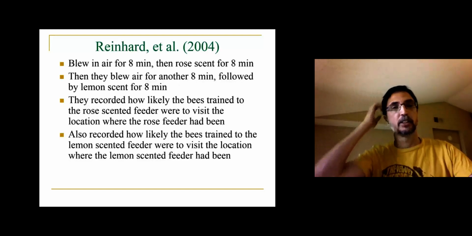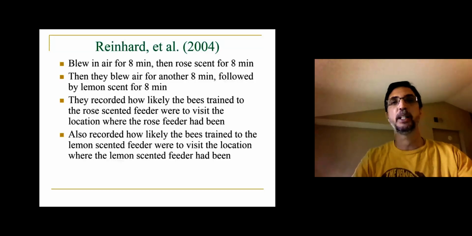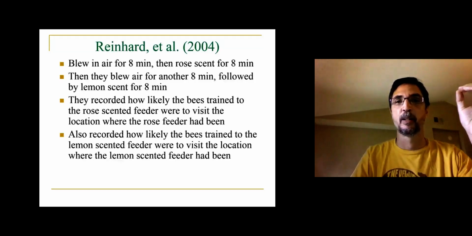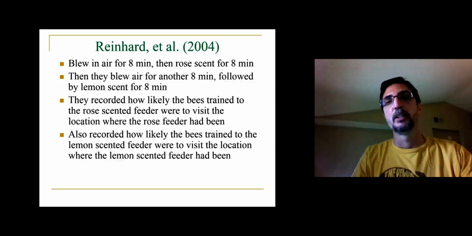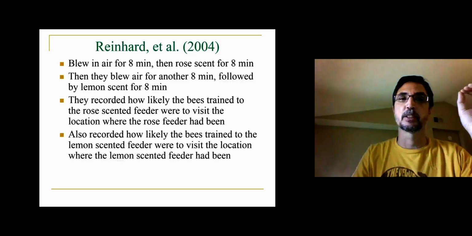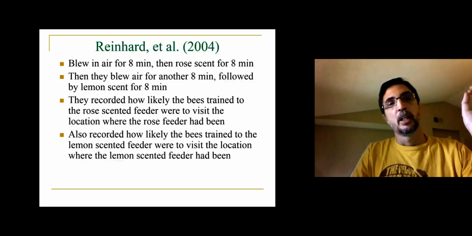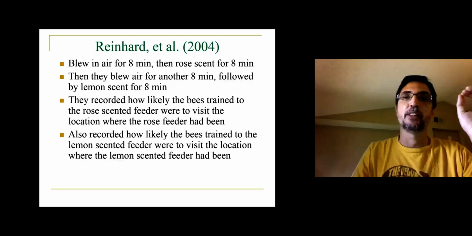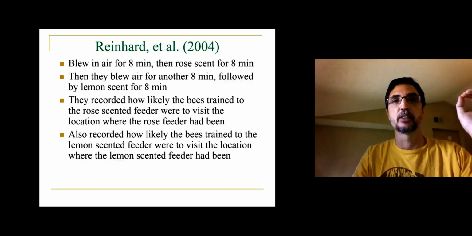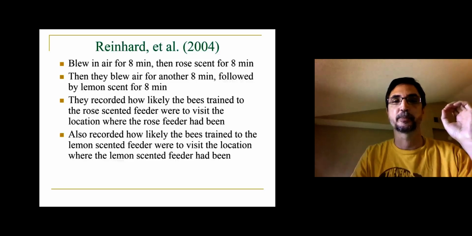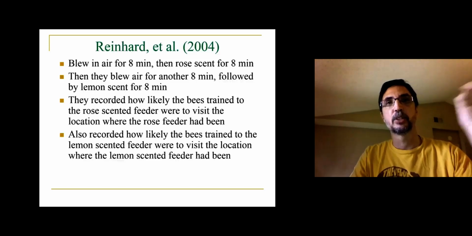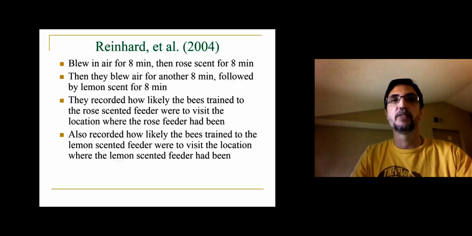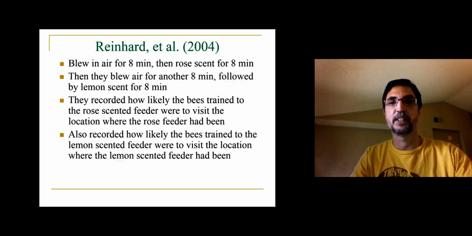So during the test phase, they blew in air for 8 minutes, and they looked to see how that affects the bees and where they go. Then rose scent for 8 minutes, and then they blew in air for another 8 minutes, followed by lemon scent for 8 minutes. And they recorded how likely the bees trained to the rose-scented feeder were to visit the location where the rose feeder had been,